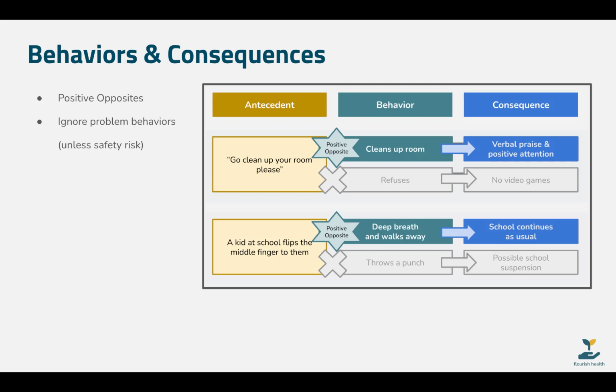In the second video, which was about behaviors and consequences, we talked about identifying the positive opposite, which is the positive alternative to the problem behavior. So if they were going to go down the problem behavior path, it would be this gray one. And we worked on really trying to discourage that path by mostly ignoring it as long as it's not a safety issue, and instead really highlight the positive alternative and put lots of energy into helping your child have that behavior and reward and praise when they do, so that they go through this colorful positive pathway.